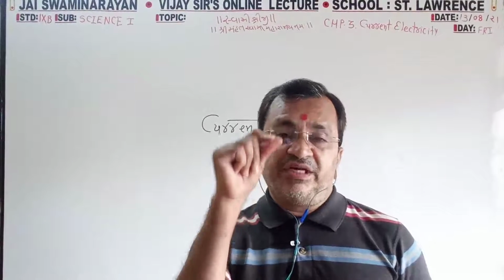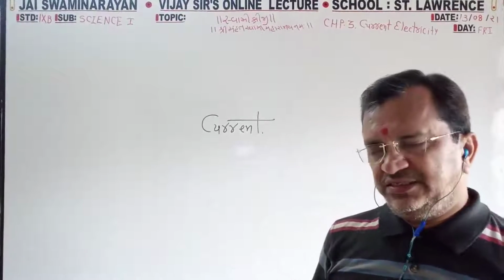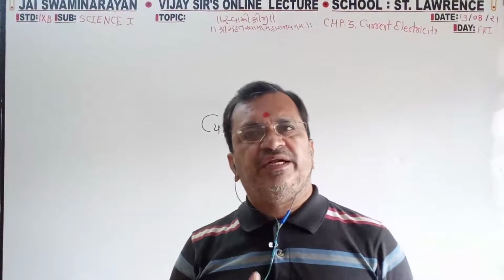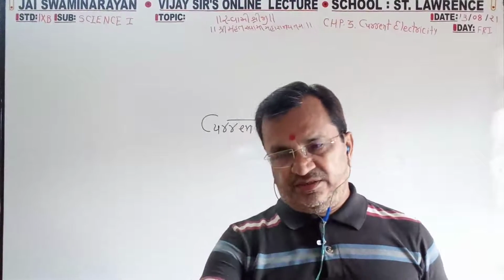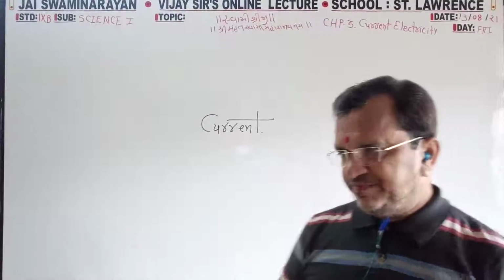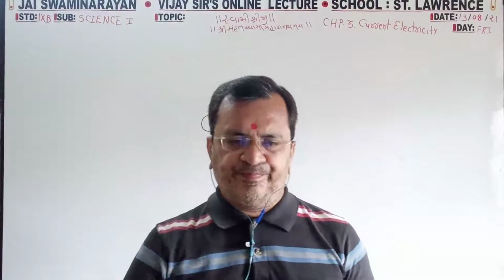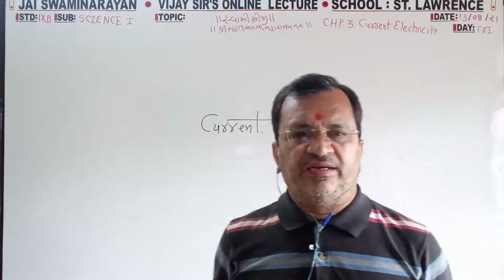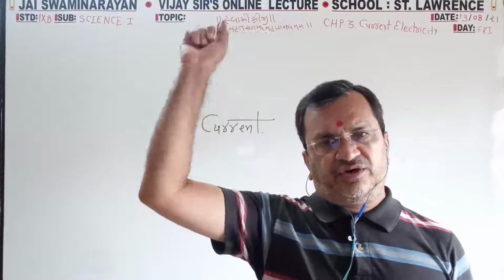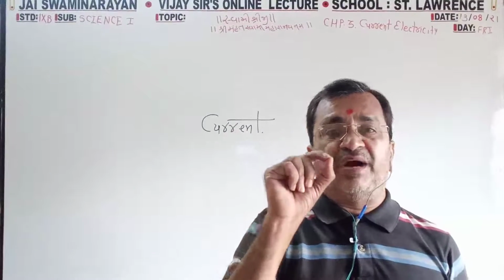So in metal, there are free electrons, therefore electric current can pass very easily, and in non-metal there are no free electrons, electric current cannot pass. Now it is concluded that electric current can pass only through a metallic wire. That is why this plastic coated, rubber coated, or rayon coated electric conducting wire has a metal inside.